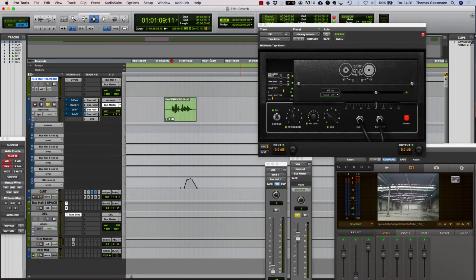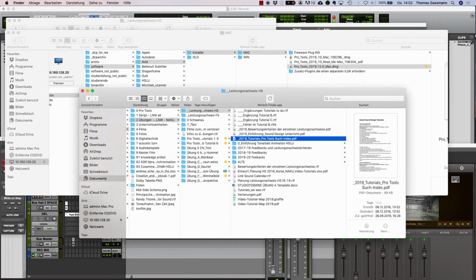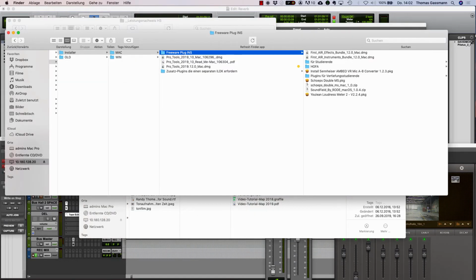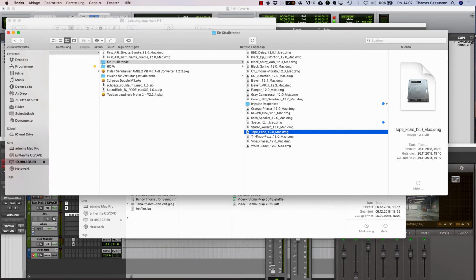This tape echo, it's not in your version of Pro Tools yet, but you can take it from the freeware plugins, Zusatzplugins für Studierende, and there is the tape echo, for example. That's a whole bunch of plugins you can also install in your